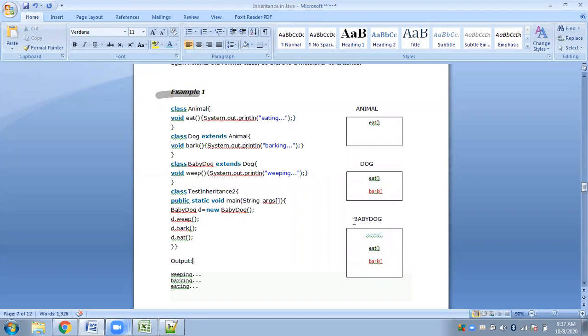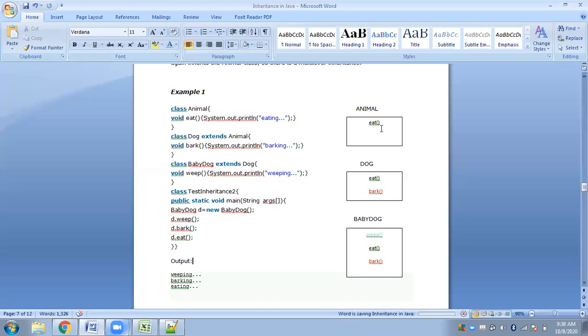So if you see the lowest level, the lowest child class has got all the methods or all the properties of its parent classes, the top level parent class.